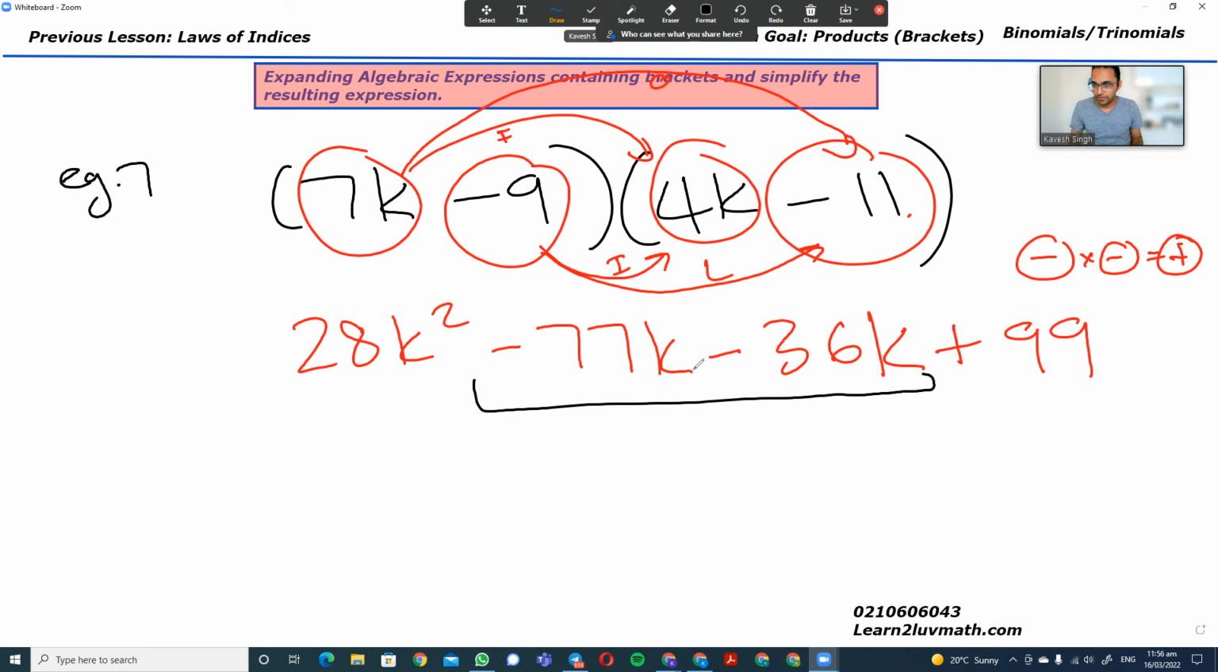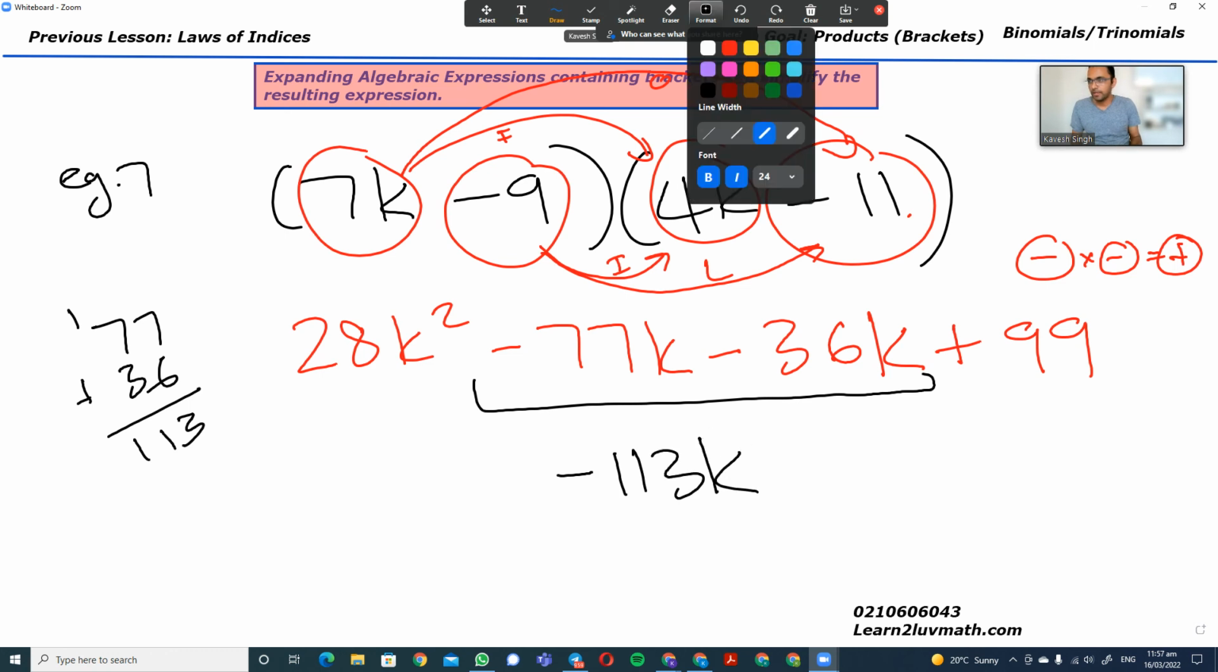And now we've got negative 77 minus 36. So let's work that out quickly on the side here. Negative 77 minus 36 is almost like being on the negative side of the number line and going more negative. So we can add them. So I've got 77 plus 36. 7 plus 6 is 13, carry the 1. 1 plus 7 is 8. 8 plus 3 is 11. So that's 113. So it's going to become negative 113k in my middle term,